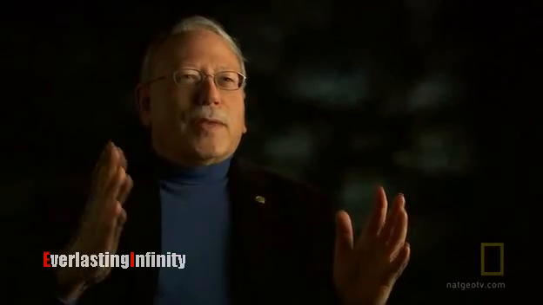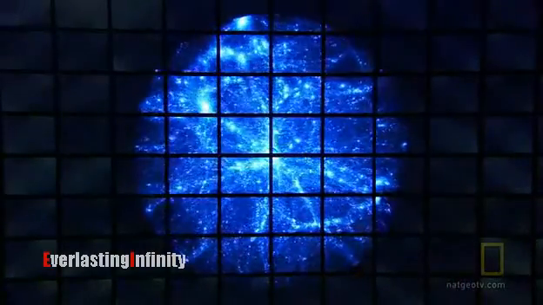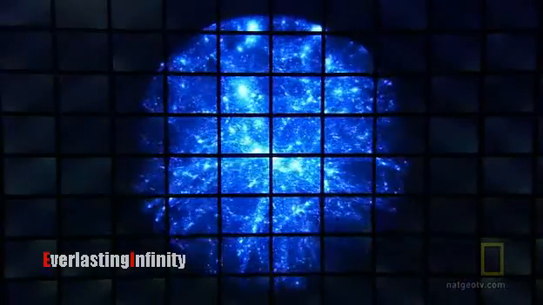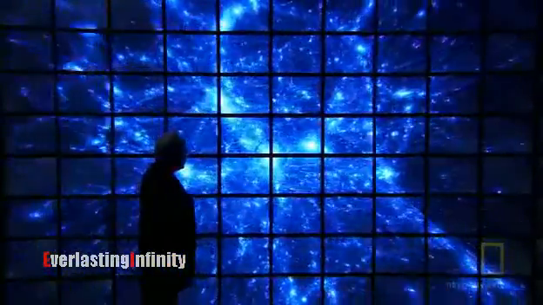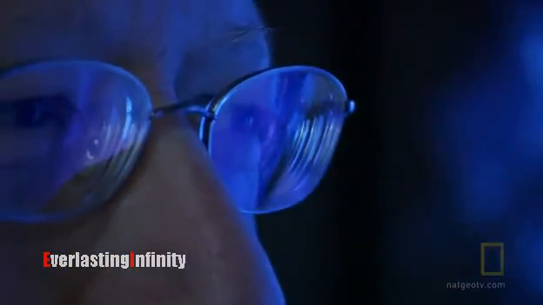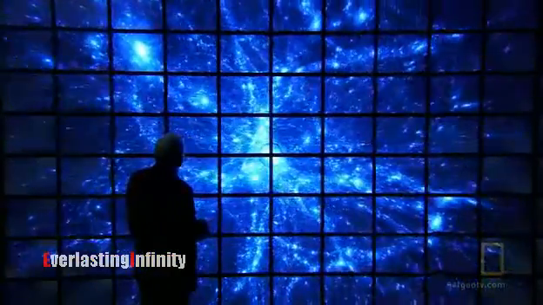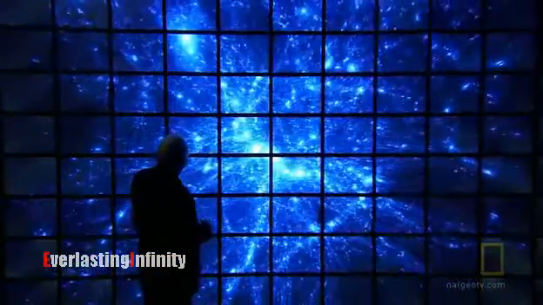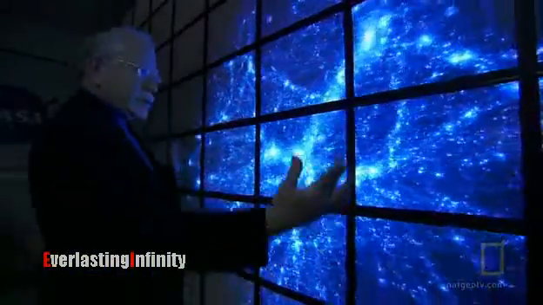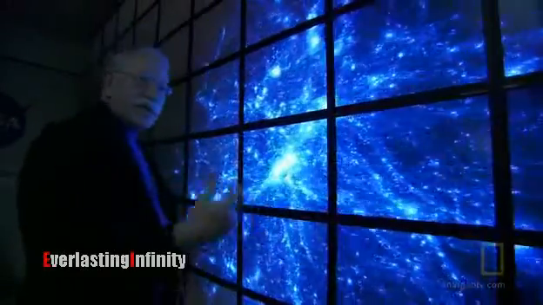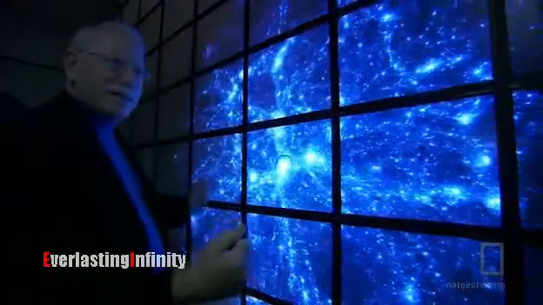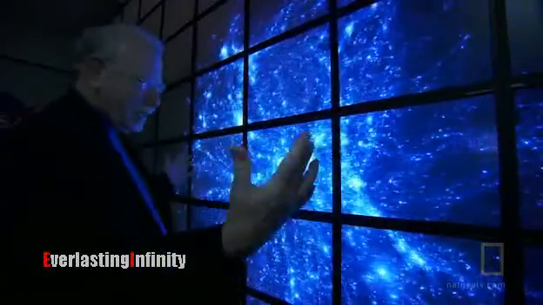If we're doing our job right, we can put the pictures into a video, if you like, that shows the whole structure of the universe. And this is the end result. It's called Bolshoi, an amazing visualization of what the structure of dark matter might look like in the universe today. So what we're looking at is a region about 200 million light years across, which is actually just a small part of our really big simulation that we call Bolshoi, which is Russian for big.